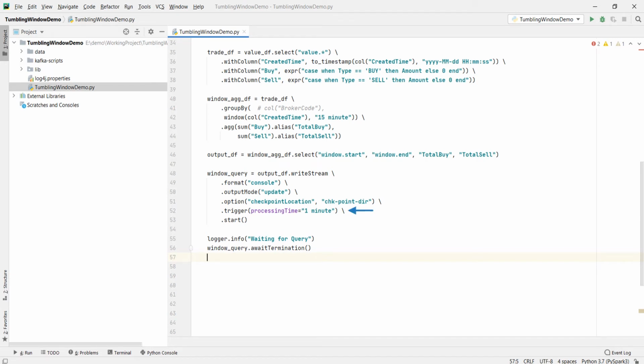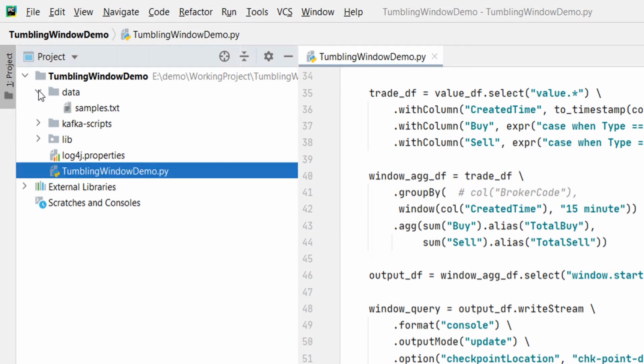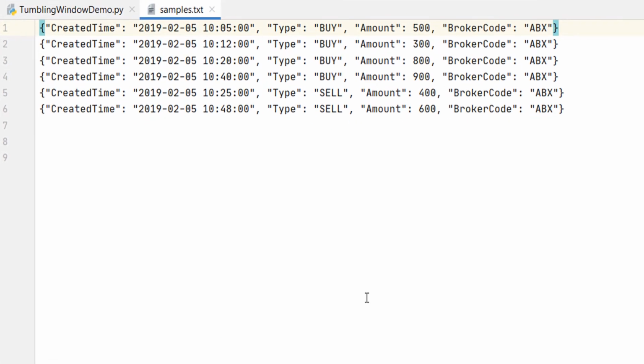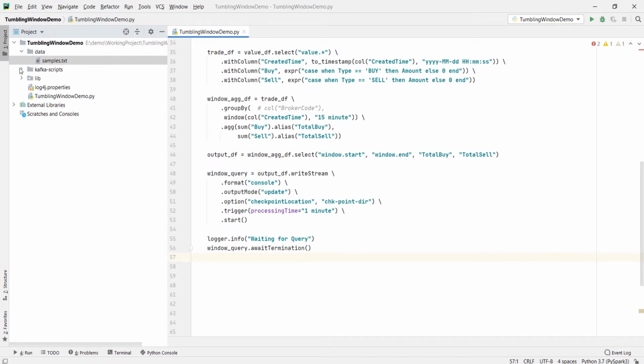I'll use a 1-minute trigger. I'm expected to give a 15-minute trigger, but let me use a 1-minute trigger for testing it quickly. Remember, the trigger has nothing to do with the 15-minute time window, right? Great. We are now ready to run it. In the previous lecture, I plotted 6 events. Here are those 6 events. I have listed them here in the same order as they should reach our Spark application. The first message, then second, third, fourth, then we have a latecomer, and finally, we have our last sample message. Make sense? Let me run the Kafka cluster and simulate the scenario.